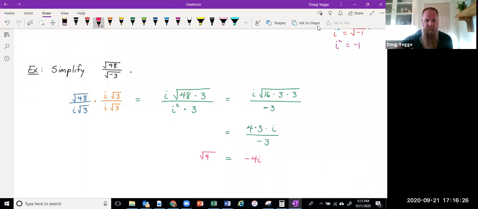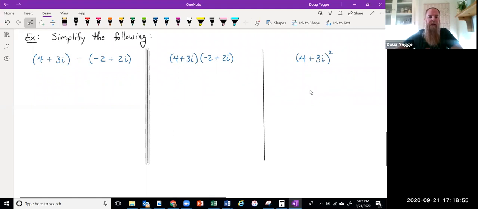So this quantity of the square root of 48 over the square root of negative 3, just by dealing with the properties of complex numbers, simplified to become the imaginary number negative 4i. Now I'd like you to recognize as well that this is in fact in the form that it's supposed to be. Since all numbers are supposed to be in the form a plus bi, this is actually 0 minus 4i. So we know that when we have it in that form, then we've completed the problem.